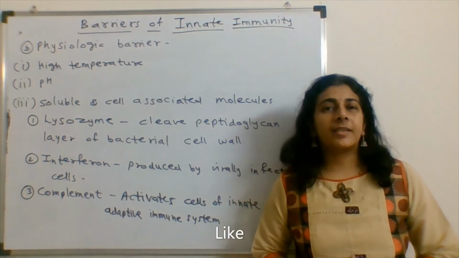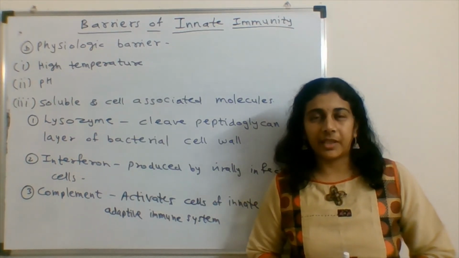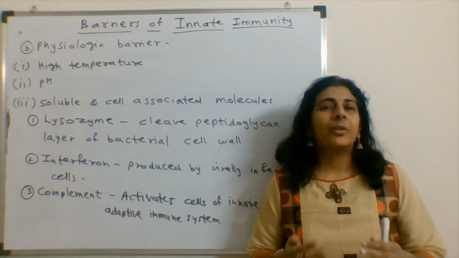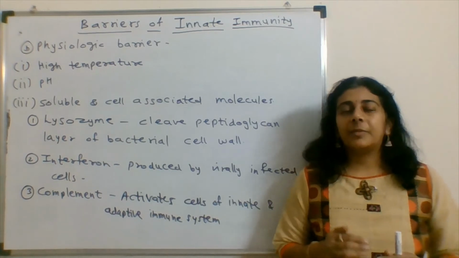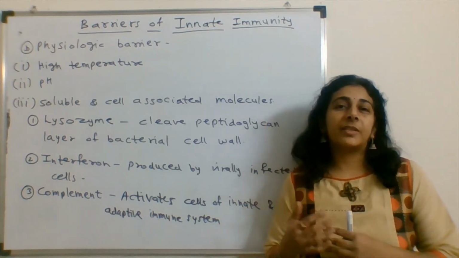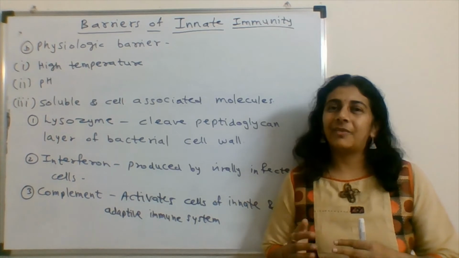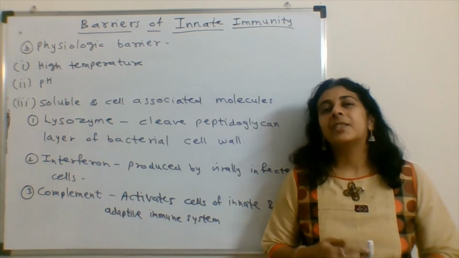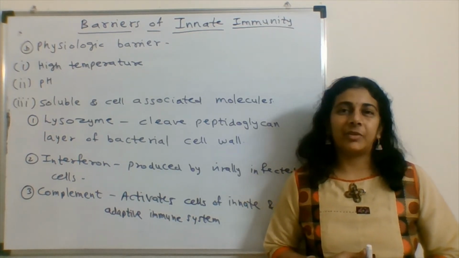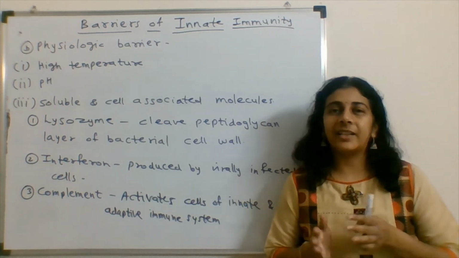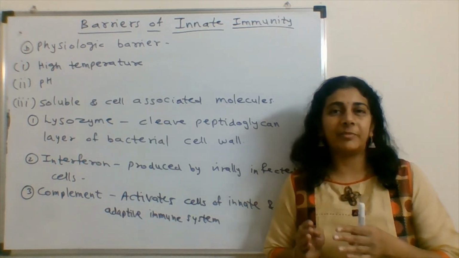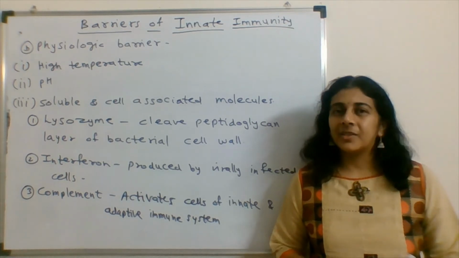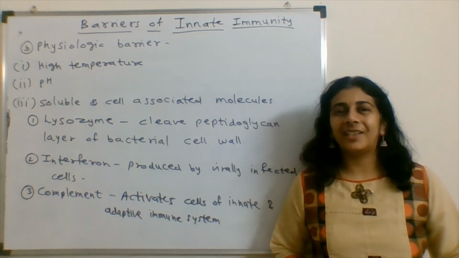Secondly, innate immunity has a pattern recognition property, through toll-like receptors. What is this? These are different patterns which are present on microorganisms and which are not present on multicellular cells. These are recognized by the innate immunity, and using this it can distinguish that this is a foreign particle coming inside and this is our own cell. So this also helps innate immunity in its work.